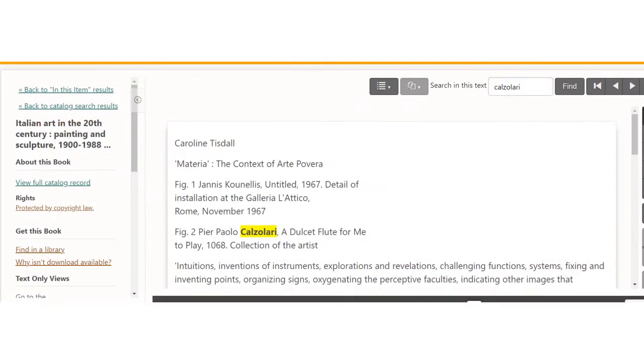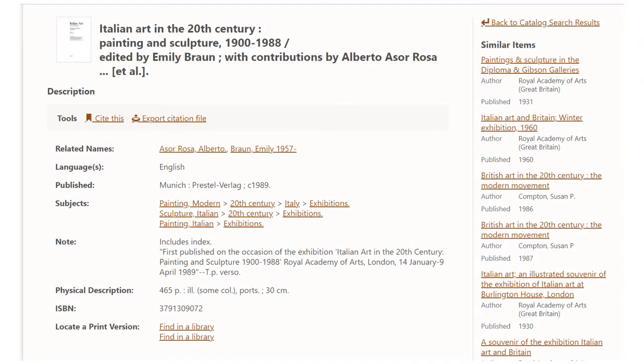Okay, so I have decided that this is going to be a good book to use for the assignment. So I'll need to get the bibliographic information for the bibliography. So I'm going to go view the full catalog record. Now I have information such as the title and the publisher and place of publishing that I need for my